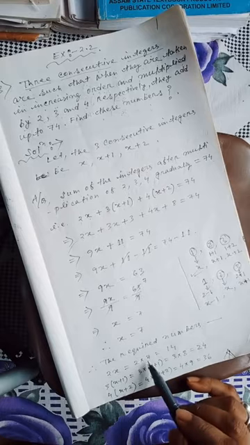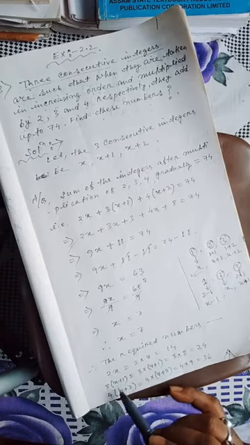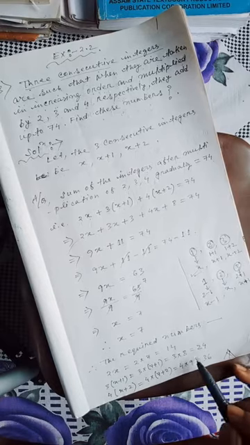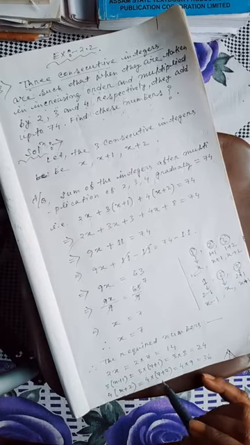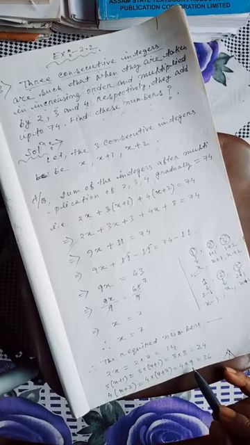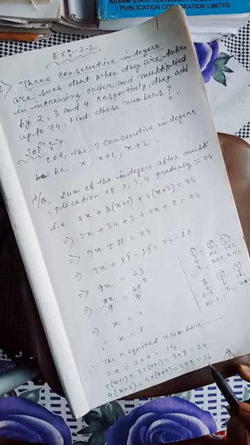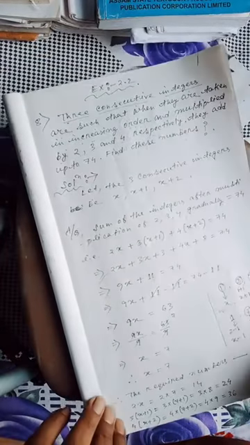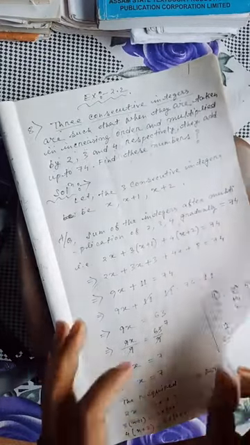Serially you will get 7 2s are 14. Then with the x value 7 plus 1 is 8, 8 3s are 24. Then x value 7 plus 2 is 9, 9 4s are 36. So these three are the required numbers which we need to find according to the question.